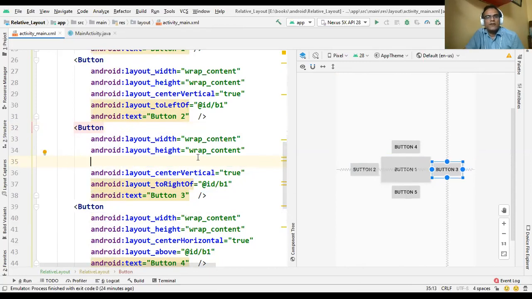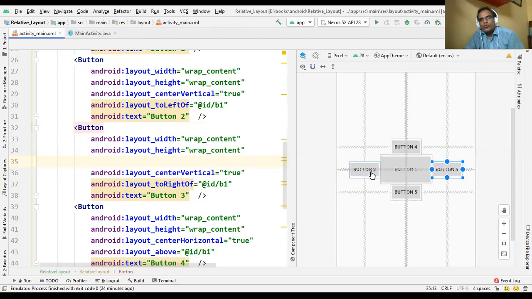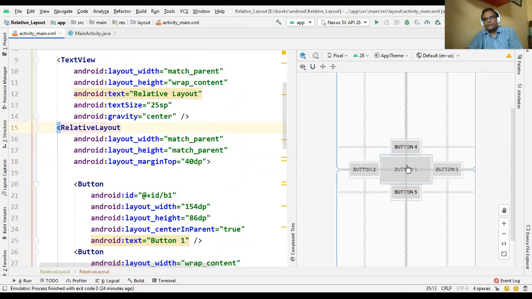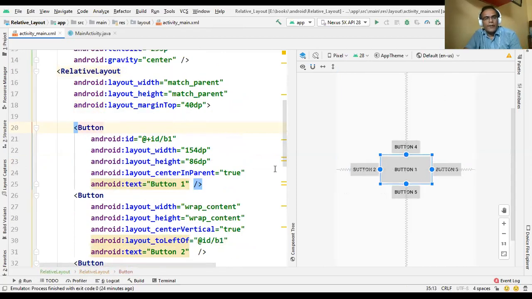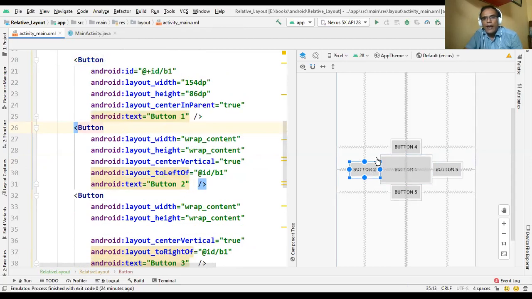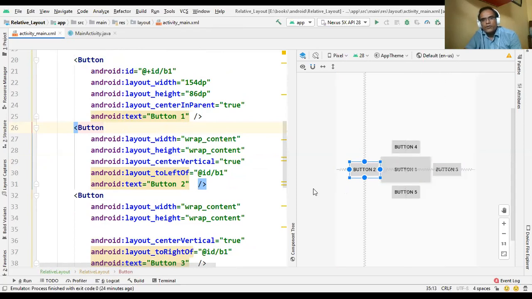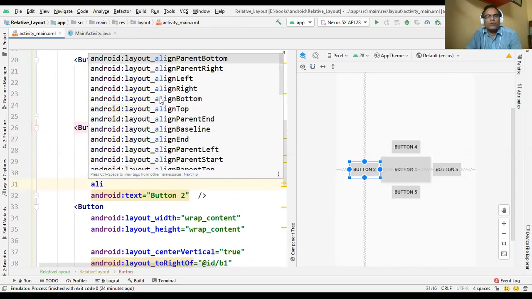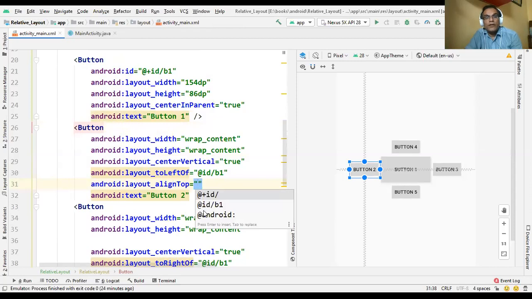So you can see a similar interface like button 2 and button 3. So you can see the gap between the boundary and the button on both sides, left hand side and right hand side. Now the last, fourth property. Suppose we want to align the top of button 1 and button 2; you can see there is no same alignment of top position. So now for button 2, we use the property align top of button B1.